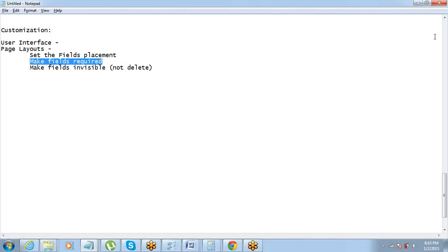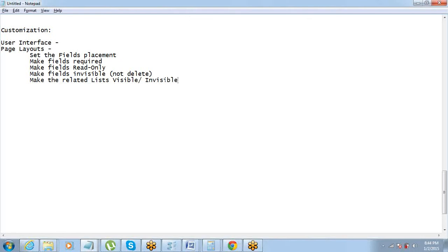Certain fields can be made required, okay, or you can also make certain fields read only, and you can make related lists visible or invisible, whatever you want.